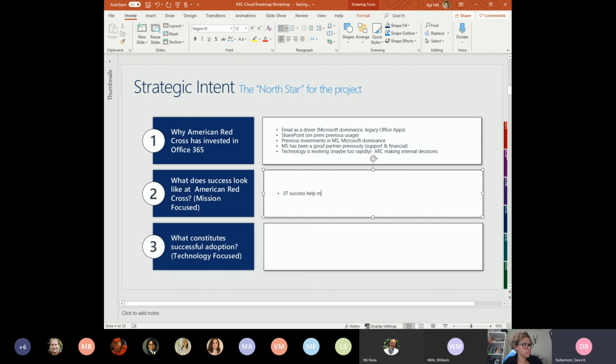We need to keep in mind that our primary objective is not just to check off IT boxes that we can go into a meeting of peers with and say, we do this and that. We really need to be able to go amongst our users and say, are we making things easier? Are you more efficient and effective in conducting the mission? And that needs to be our primary focus going forward.